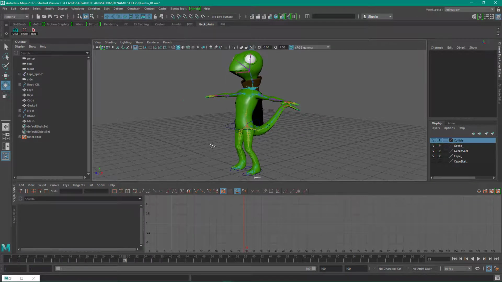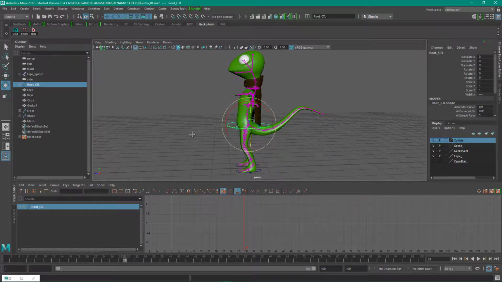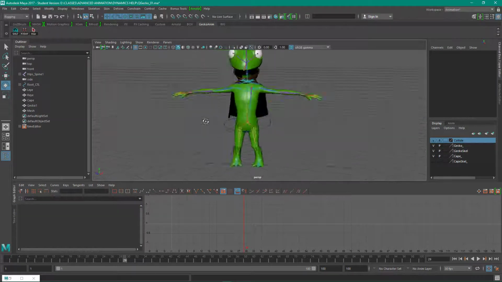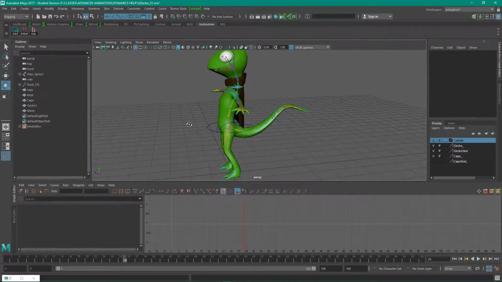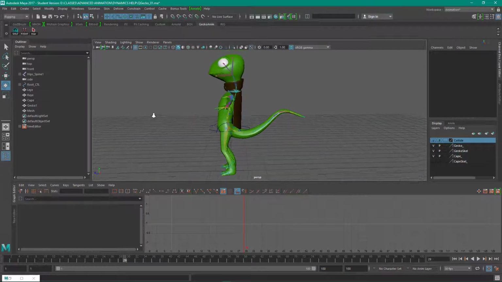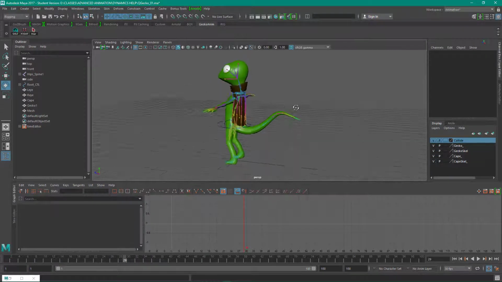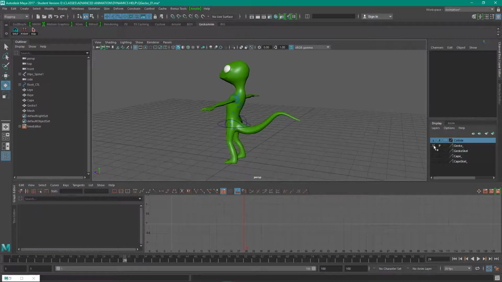I've torn out everything except for just a root, and I don't even need the feet, so I'm just going to go ahead and delete those. So I just got a root node and a hips node as far as a rig. Just threw a quick little shader on just for color. And so I've got the cape skeleton, the cape, I've got the gecko skeleton, and I've got the gecko,